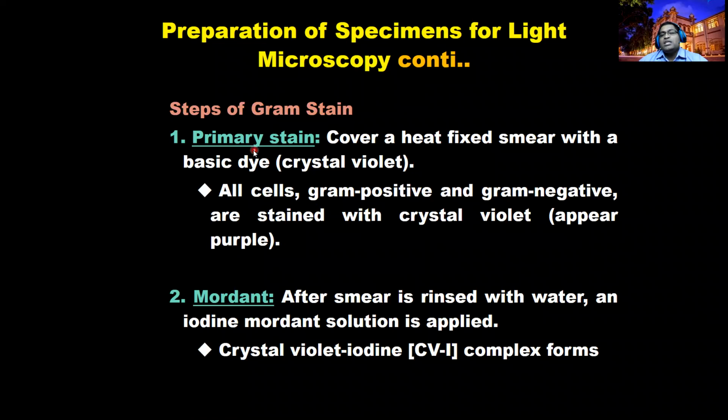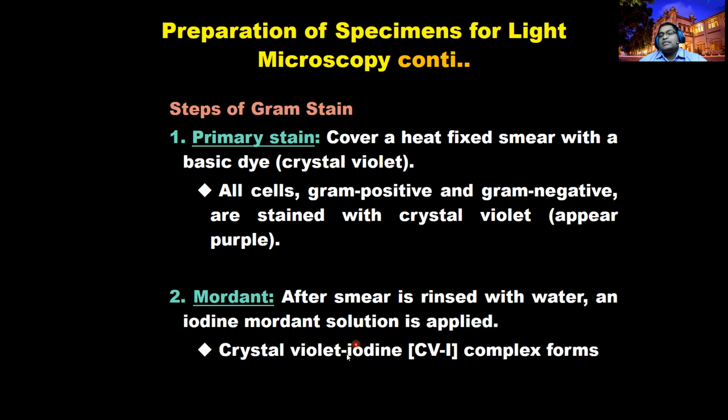Steps in gram stain. I told you, there are two types of dyes you are going to use. One we call the primary stain. The primary stain is crystal violet, a basic dye you use after heat fixing the smear. Then wash off this crystal violet, allow it to dry for a certain time, then add another